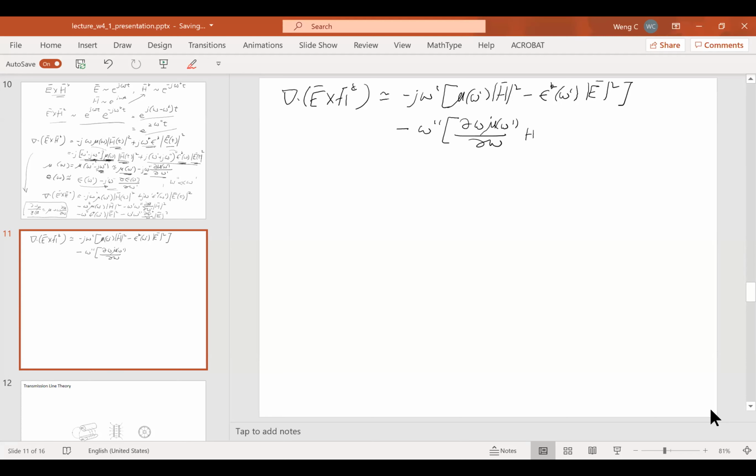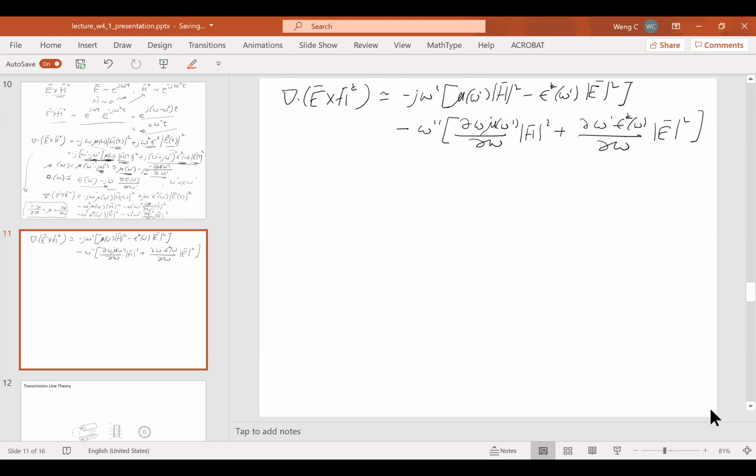And then H squared, plus partial omega prime E squared. But then there's some beauty in being able to rewrite this thing in this way, because now if I were to take